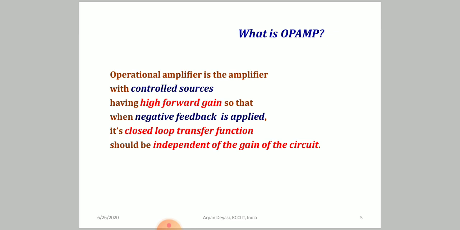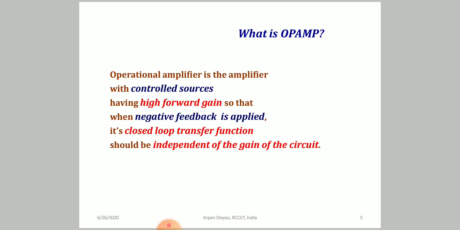And what will be the value? You know that will normally be called A/(1+Aβ), like that format. That's the standard notation I am taking. And that transfer function obviously becomes independent of the gain of the circuit. So naturally, for any amplifier where the closed loop transfer function should be independent of the gain of the circuit, then how could you lock this range? That means the fluctuation or the variation of the transfer function is within a very small range, and that's why you can't be allowed to vary the input voltages too much. That means the input voltages should be within a very specific range, and that's why output will be controlled precisely